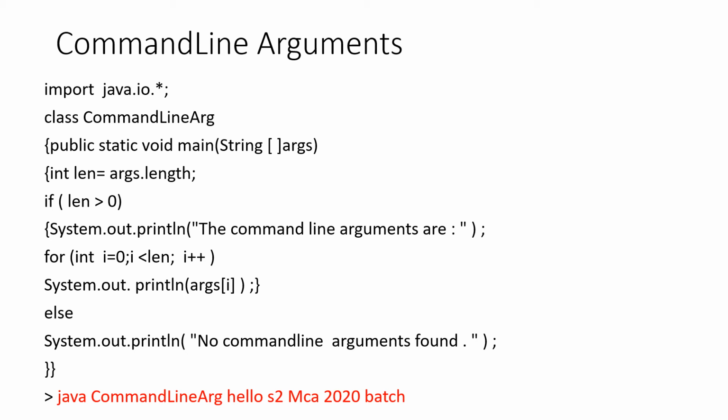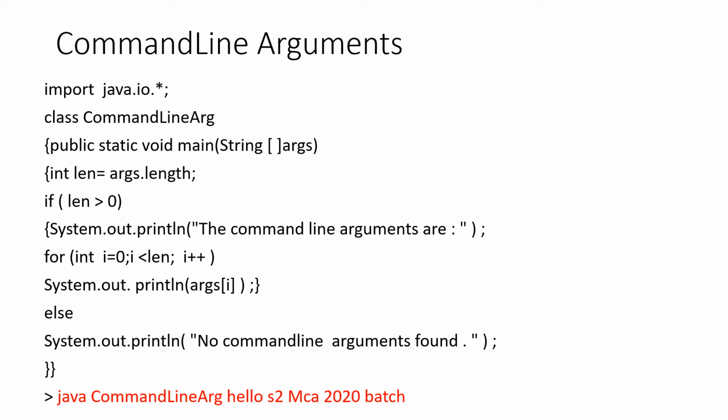From here, you can understand that the args array size is not specified in the prototype of the main method. Array name dot length will give you the size of the array. Or in other words, the length property of an array gives you the size of the array. If length is greater than 0, meaning some arguments were given at the time of execution, then I have written a for loop for printing those arguments. If no arguments are received, then the length of the array will be 0 and a "no command line arguments found" message will be displayed.